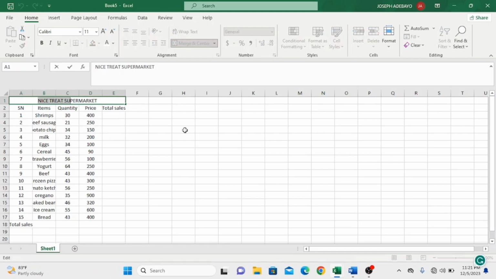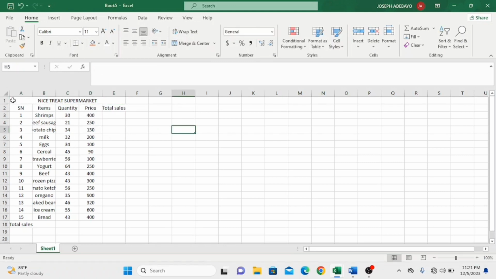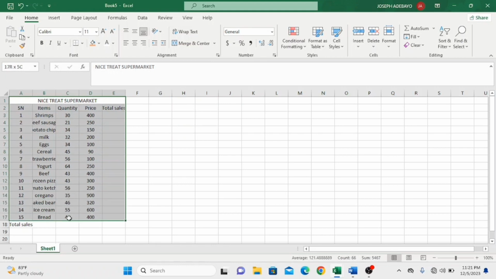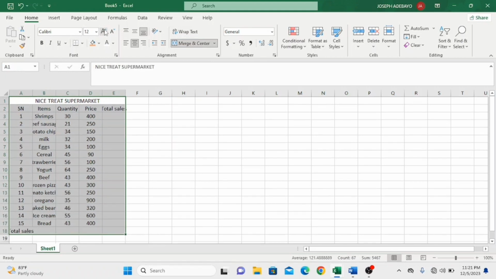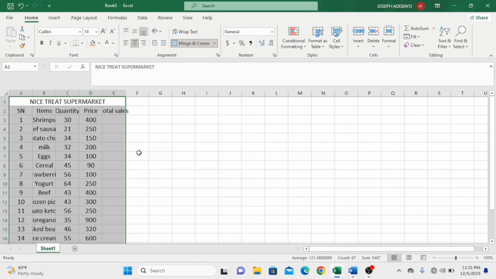Then so that I can be able to work with this one separately, let me increase the font size of everything. Now I want to increase it to 14. Can you see? I've increased it to 14. After that,